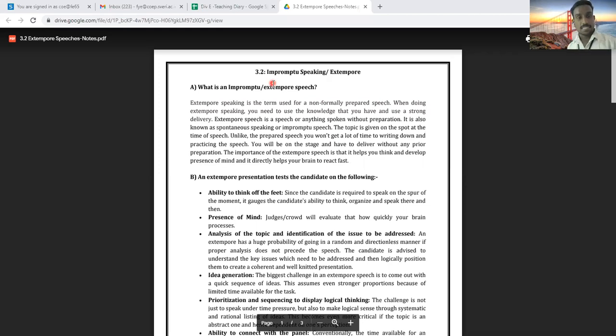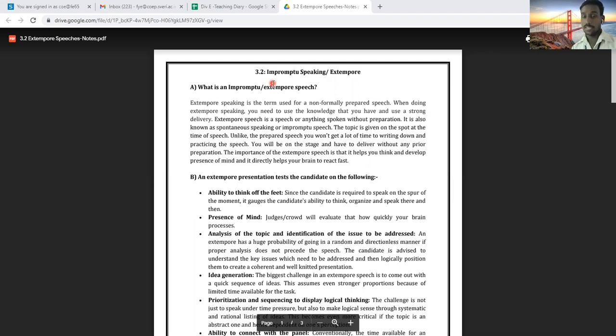So it is necessary that you should be prepared for such talks. Usually we don't speak like this, but maybe in your professional life it is sometimes expected that you have to speak like this. In that case, you will be given simple topics like pollution, corruption, elections, and maybe nature. Very simple topics will be given for this kind of talk, and based on that, you will be evaluated.